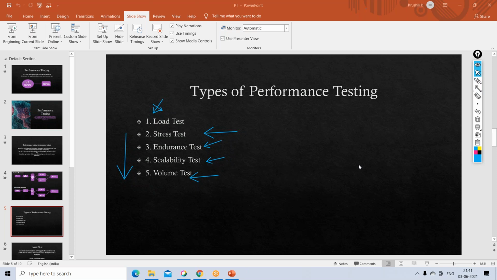Is it called SLA? Yeah, the service level agreement. The SLA, the response times, can be at a functionality level, or it can be at the step level also.